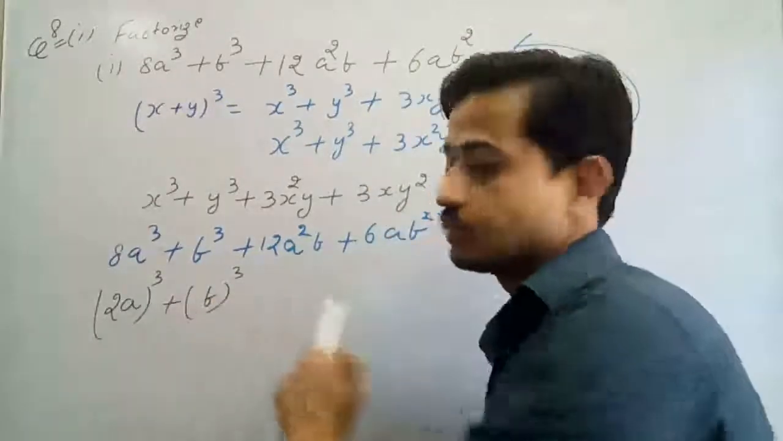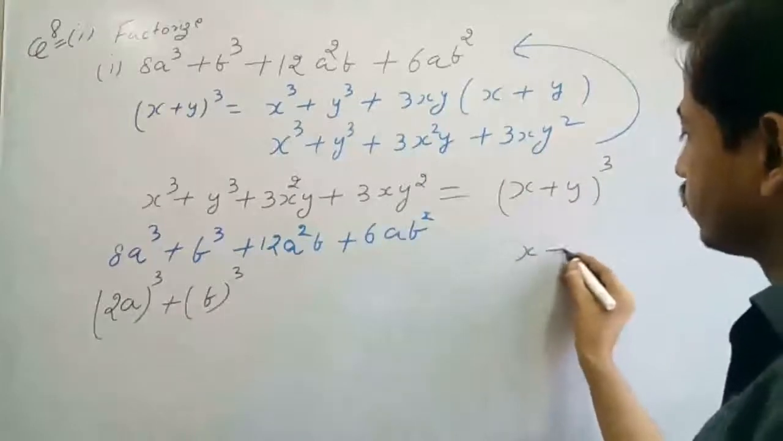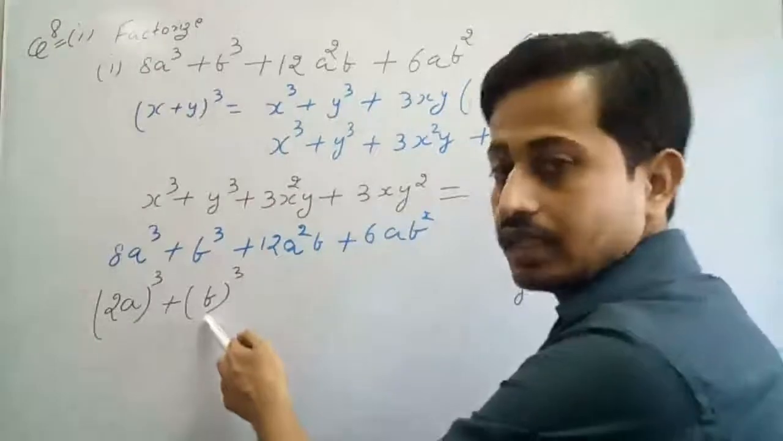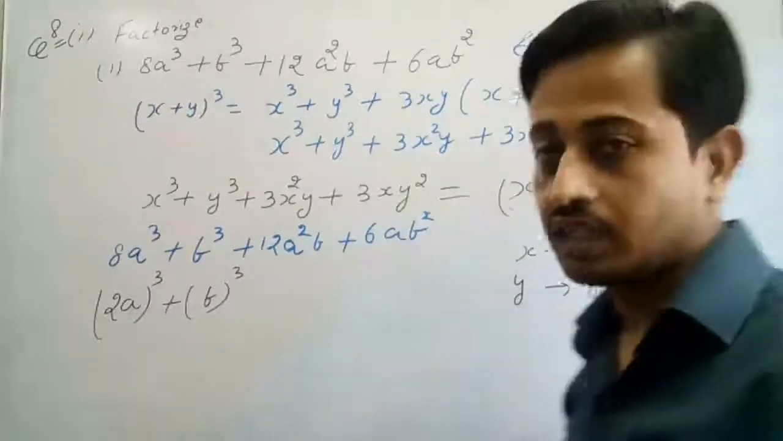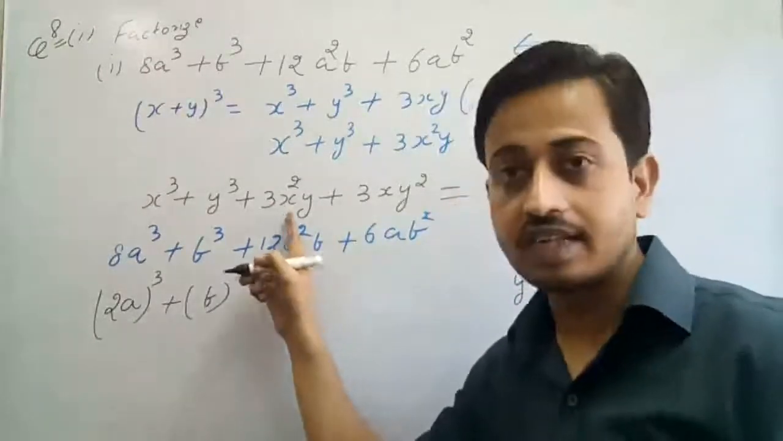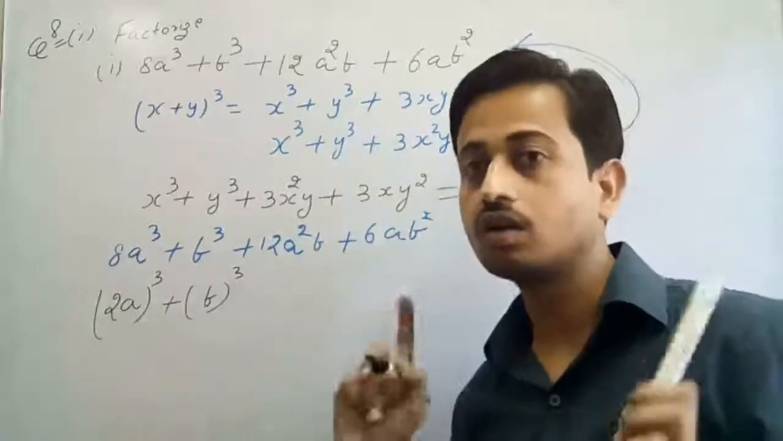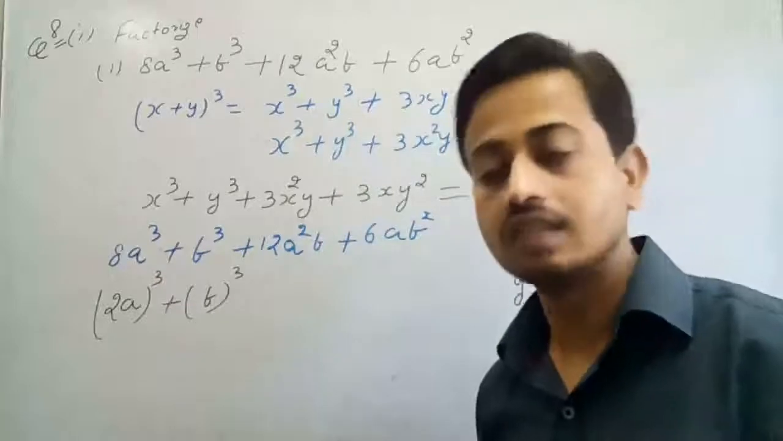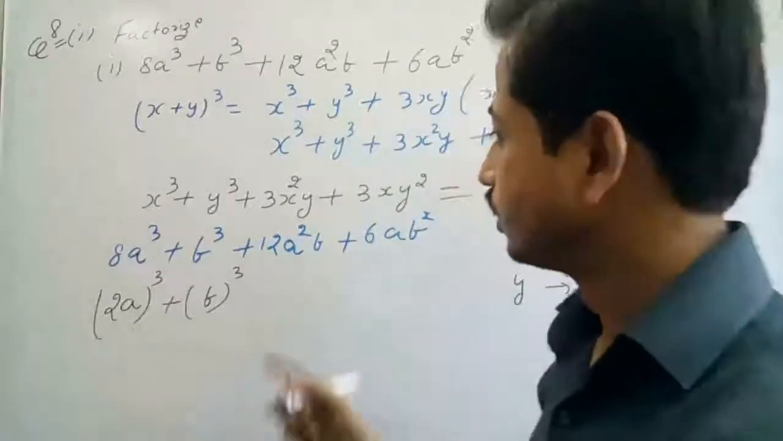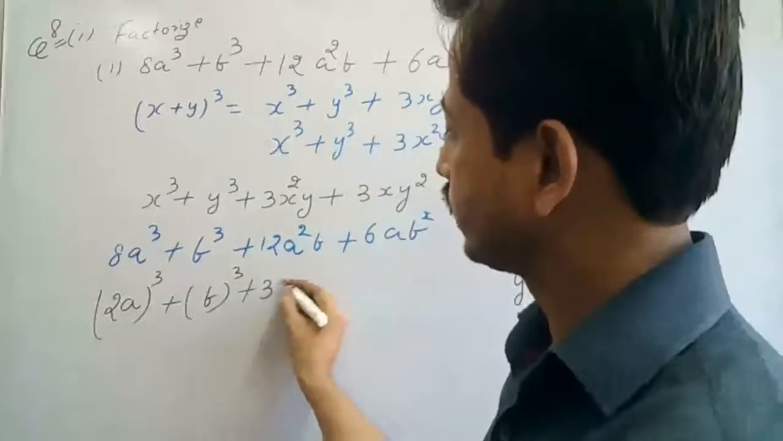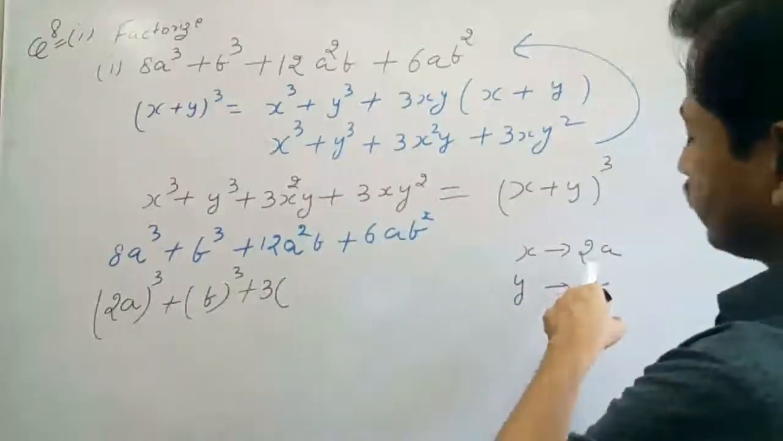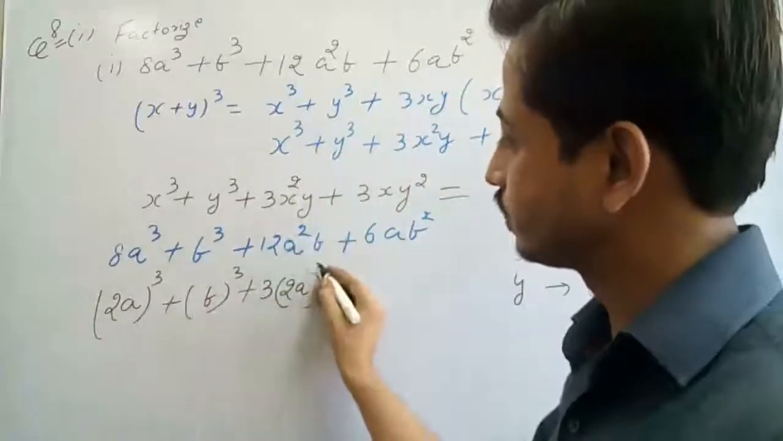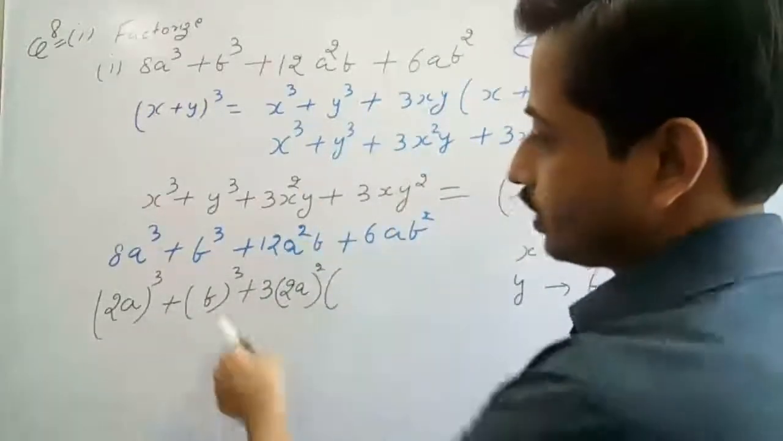Now we got the first term is x. x is what? 2a, and y is what? y is b. Now apply the identity and check whether we get this term or not. If we get the terms, it means we are going correct. Then the answer comes very quickly. So what do we have to do? Put 3 into x. x is 2a, and square is as it is. Now y. y is b